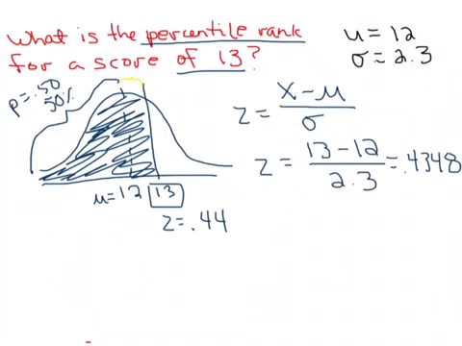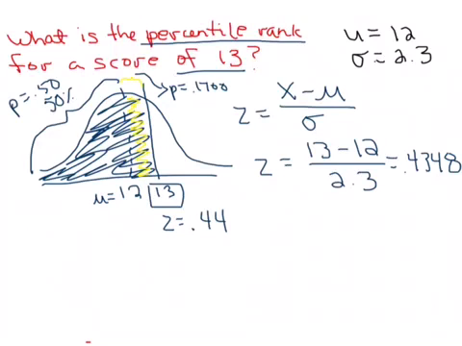But now we need to find that proportion again. Remember, between the mean and z, we're looking for this area right here, specifically between the mean and z in your unit normal table. So what you're going to do is find your z of 0.44 in that column A, and move over and find area between mean and z. Now, you should get 0.1700. So here should be P equals